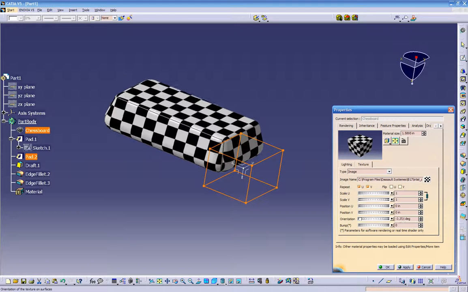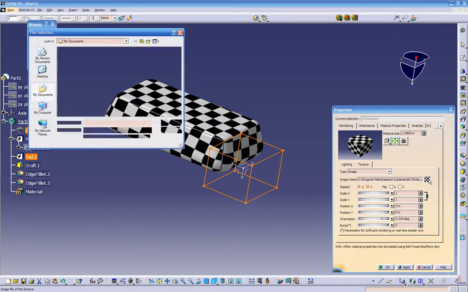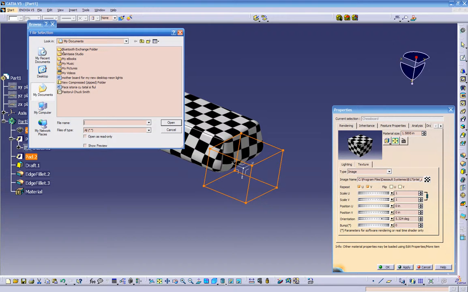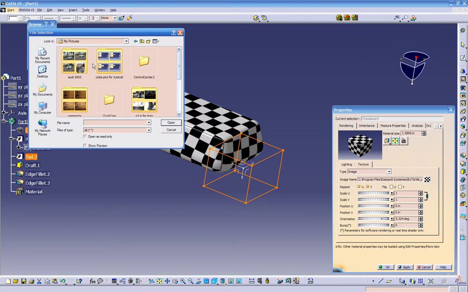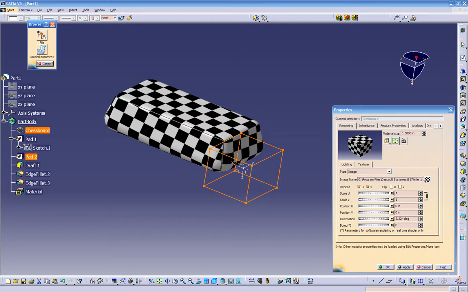There are a couple options you can choose from, or if you have your own image, you just click on this icon over here and you select your pictures or whatever you have lined up, any pictures that you have. So there's a couple options you can choose from. I thought I'd show you this, it's pretty cool. So cancel that, click OK,